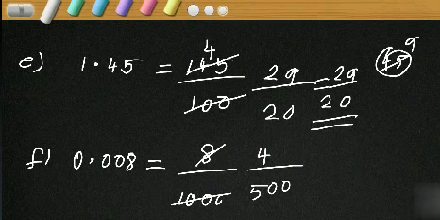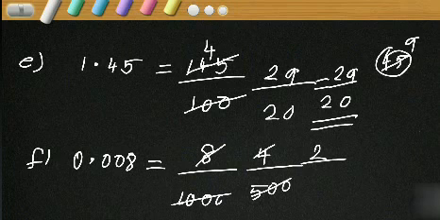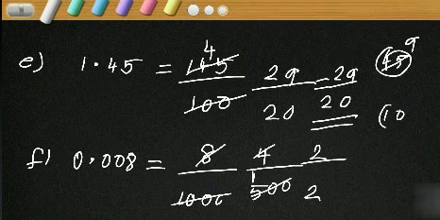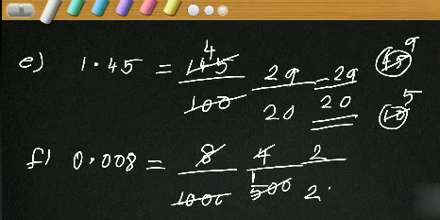Now, is there any common factor further? Yes, we have the common factor 2 again. So 2 twos are 4. 2 fives are 10, so 4 is the nearest, 4 after 5, balance 1. Keep that 1 and the coming 0 together in mind, it becomes 10. 2 fives are 10, and 1 more 0 is there, that has to be written. So it becomes 250.